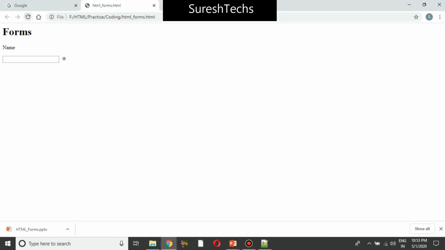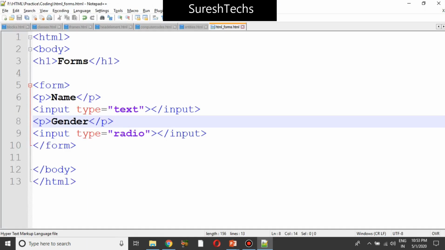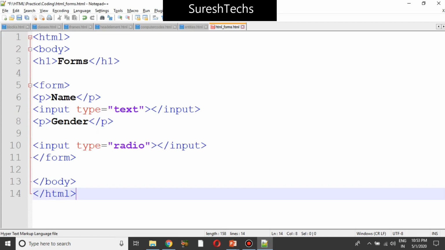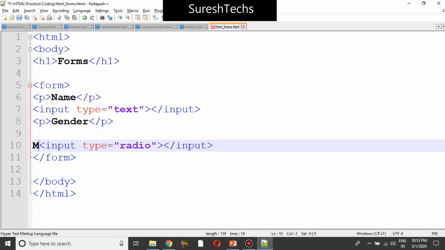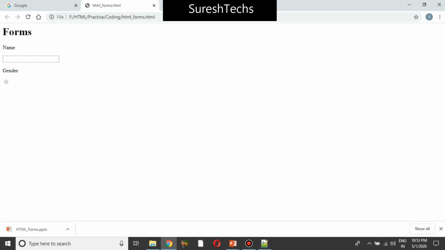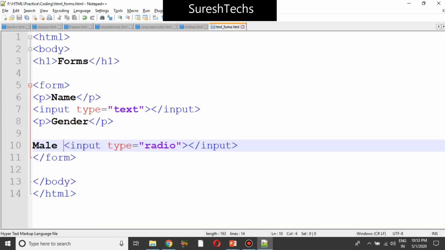Okay, now look here. So it came down. So now let me give a male in front of this. Okay, now look at this, right? You are getting that feeling of forms. Now